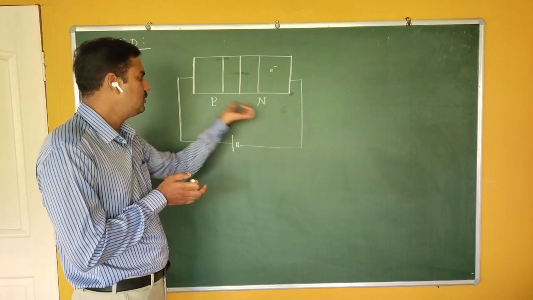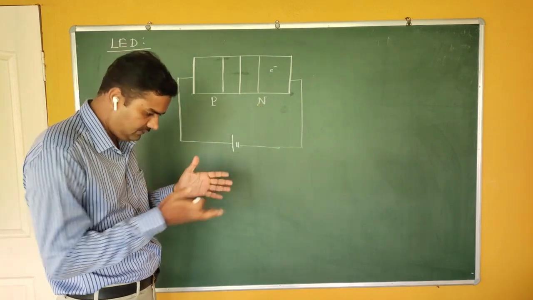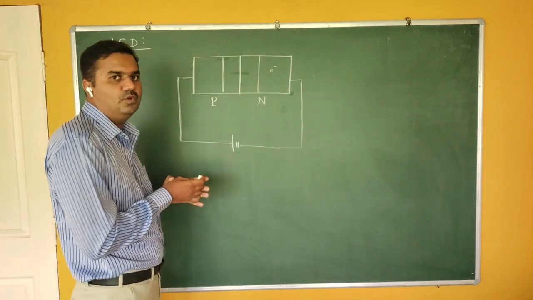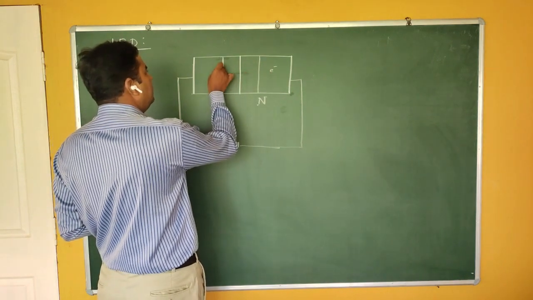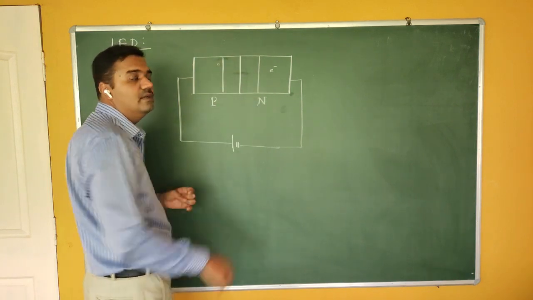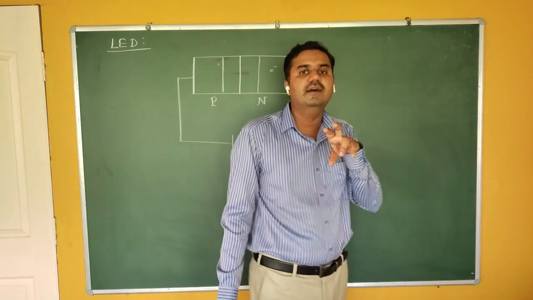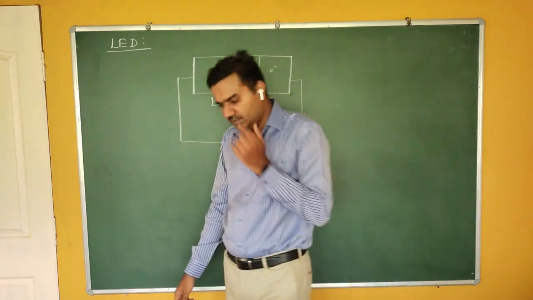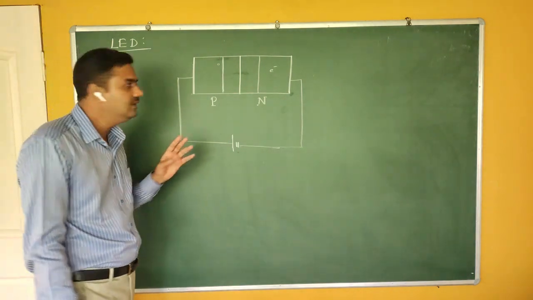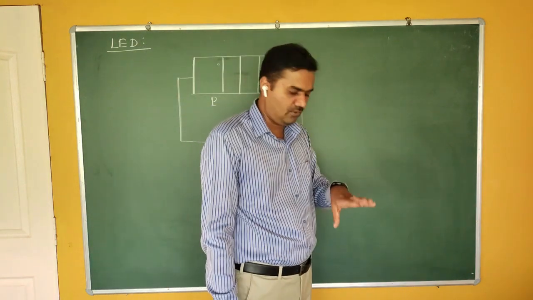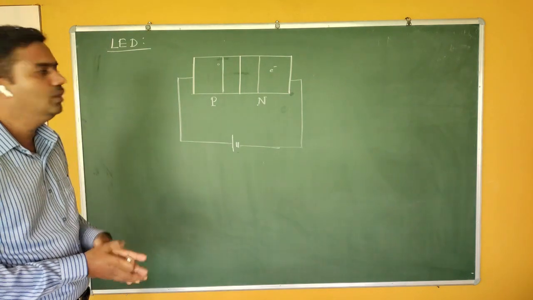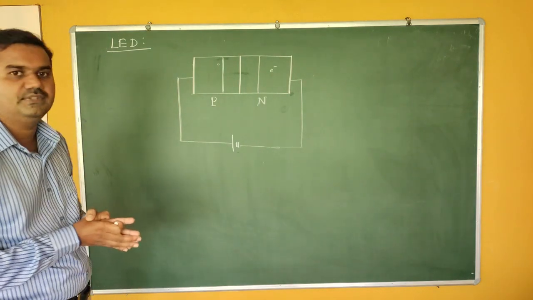So when electrons cross this barrier in these specially designed diodes, there is a large number of holes there, so these electrons can recombine with the holes. In the last case, electron-hole pairs are created, but this time recombination takes place. Electrons recombine with the holes. The doping concentration is higher, so there is more possibility of this recombination.